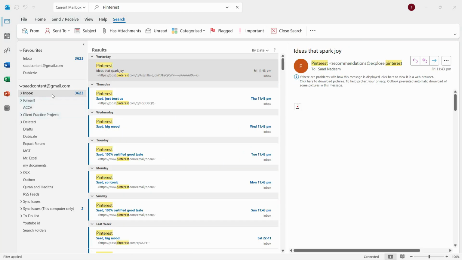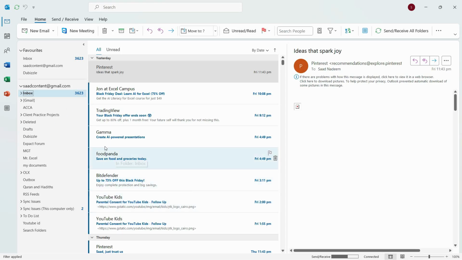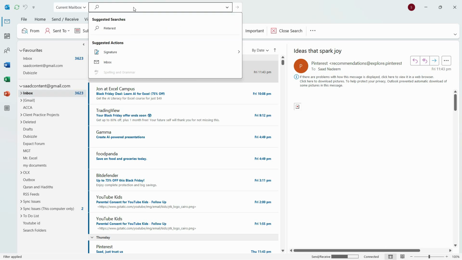Also, let's say that we want to search for a particular title or a particular email from a sender. We can easily search for it. As you can see here, I have just typed Pinterest on the top in the current mailbox. You can just hit enter and you will get all the results. Let me just cancel this. Let's search for Food Panda. Good. Just go to the inbox right here,